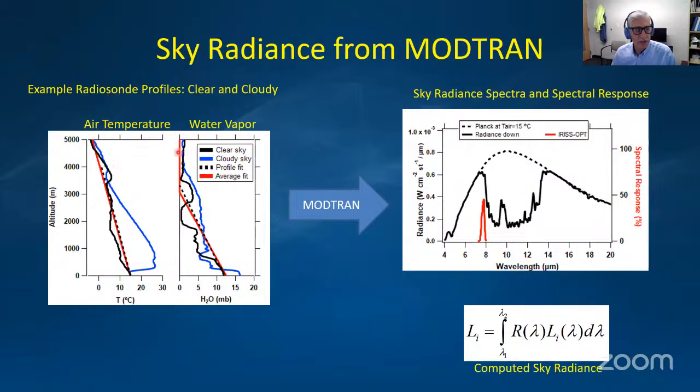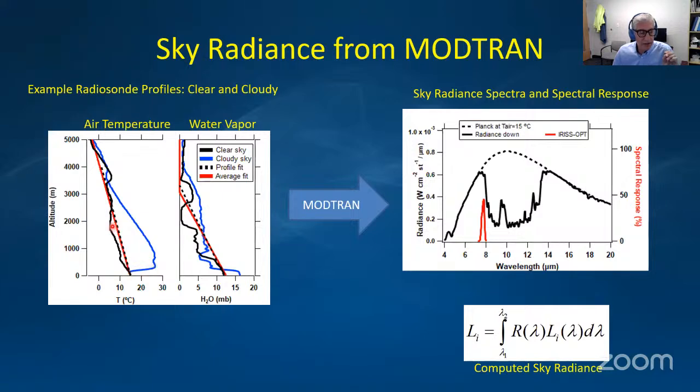And so here are 2 examples of a clear and a cloudy radiosonde taken during S-MODE. On the left is the temperature profile, on the right is the water vapor profile. The black trace is the clear sky condition. The blue trace is the cloudy. Here you can see a nice inversion here. We don't need to really model the inversion because you can use the air temperature as an estimate of the cloud temperature because they're so close under these conditions.